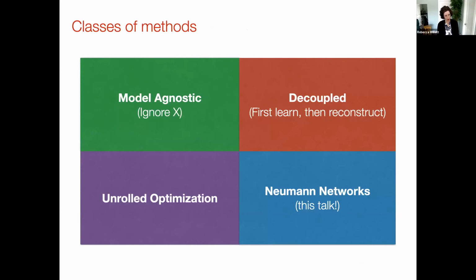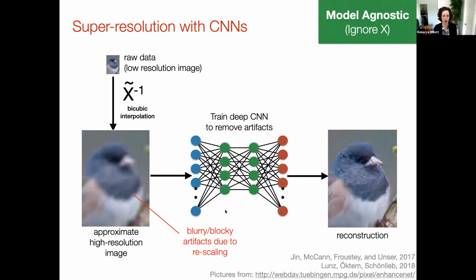Okay, so that's the first class of methods. Arguably, it requires more training data than a method that would leverage more precise knowledge of X. Because the less knowledge of X that we utilize, the more we're forced to learn during the learning process. Another way of thinking about that is, in this case, the worse this initial reconstruction is, then the more heavy lifting our neural network is going to have to do, and the more training data we're going to need in order to learn how to compensate for the errors in that initial estimate.